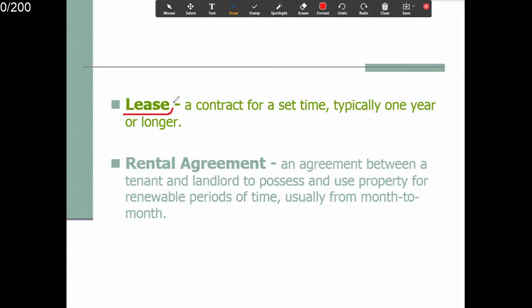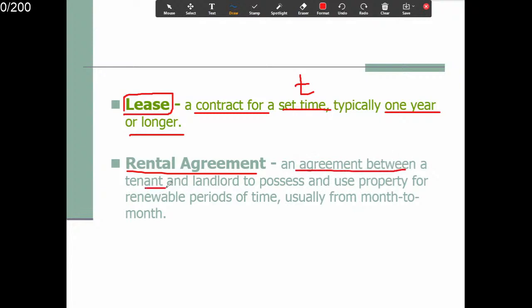What is the lease? 租约是什么东西呢？ Okay, so it's a contract for a set time, typically 1 year or longer. Okay, this is longer term, right? So it's 1 year. 租约的话，right， 它就是一段时间，基本上是1年了。A rental agreement is a little bit different. Okay, it's an agreement between tenant and the landlord， 也是一个租约。To possess and use property for a renewable period of time, usually from month to month. Okay, 它每一个月